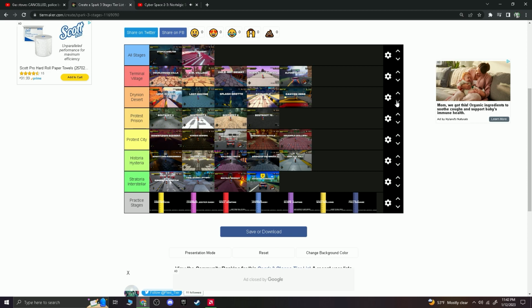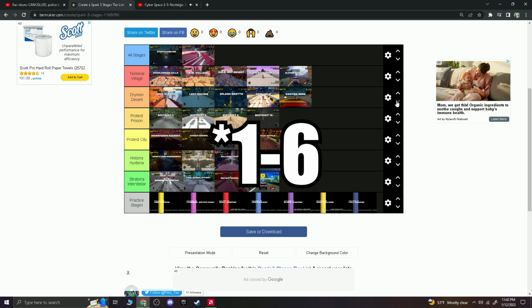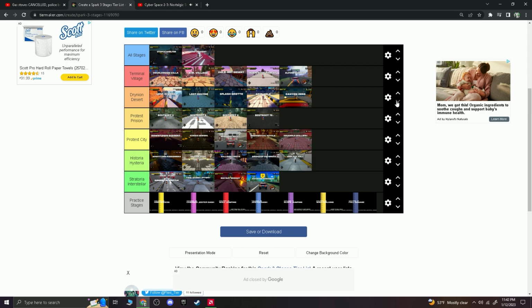Alright, so I'm gonna go through 1 through 5, 1 being the highest and 5 being the lowest. So 5, we have Protest City. Sorry, Protest City, you have one good level, 1 okay level, and the rest of them are pretty lackluster. Number 4 is probably going to be Trattoria Interstellar. I know that sounds crazy, but the other levels like Midday Mayday and 2-Stage Liftoff are good levels, don't get me wrong, but they're not top tier quality. And the Aviator Highway is the best car level, so that goes for it. And the Space Shuttle one is pretty fun, but